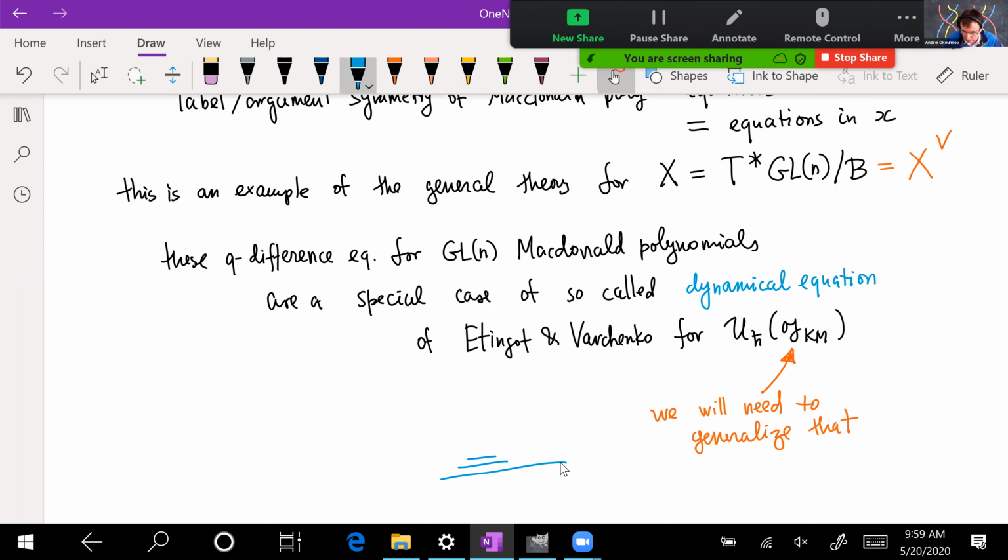This is not a productive way to think about what we're going to write down, for the simple reason that the quantum groups that we will need are in principle infinitely generated. And even so, if you just look at how you write generators for quantum loop groups,